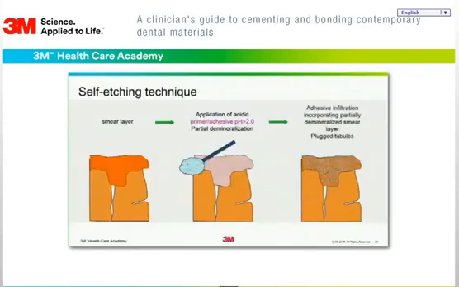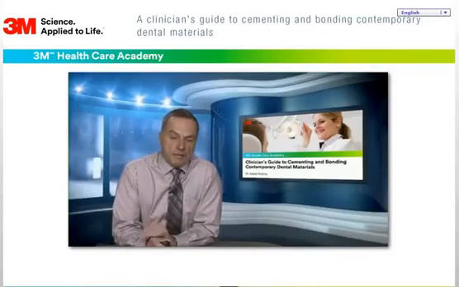And this complex, as you see here, is formed, and it produces very good results. When you look at scanning microscopy and you look at the hybridization zones created, it does actually quite a good job. So it's a very, very valid technique, at least for the dentin. On the other hand, there was a weakness that was discovered just a little bit later,